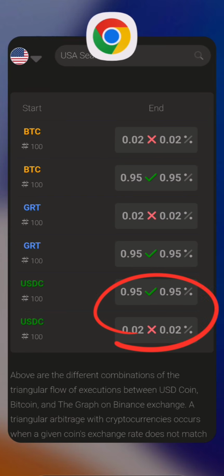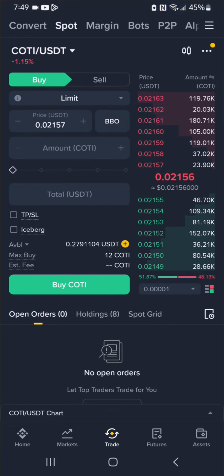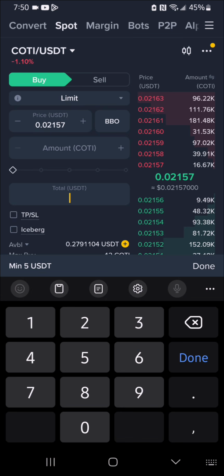So that's how it's going to work. Let me show you how to do that real quick now. If you want to do this, I would advise you to first of all simulate it. If you are a newbie, simulate it with virtual money. Just put in some random USDT and simulate it effectively to know if it's going to be in profit